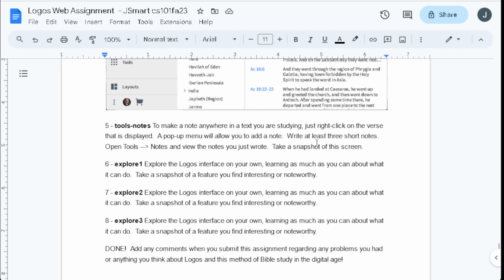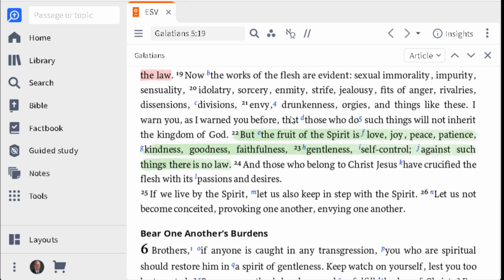Make a note anywhere in a text you're studying. To do it, you simply right-click on the verse and add a note. But then we want to go back and view our notes. So let's add at least three notes, and then we'll see our notes show up in the Open Tools notes. Okay. So let's just pick some of the good things here. Let's do fruit. Right-click,